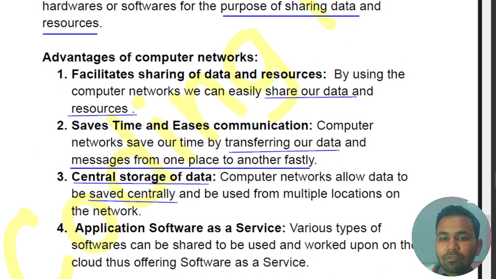Fourth is application software as a service. Various types of software can be shared to be used and worked upon on the cloud, thus offering software as a service. So nowadays 90% of the applications that you are using, like WhatsApp, Instagram, Facebook, or other kinds of